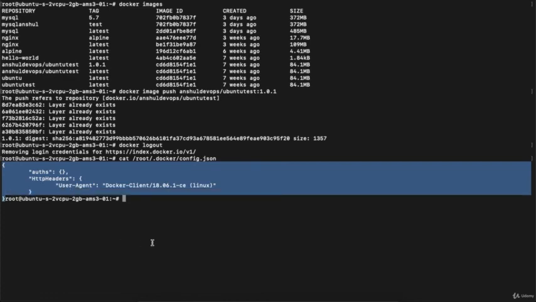So always remember, when you log in to your account from some unknown machine, over unsecured networks, over some other servers, then you must log out of your account to remove your authorization key. Otherwise it will be misused, right? So this is the way we can upload our own images to hub.docker.com with different versions, different names, different tags, and what data is actually being uploaded to hub.docker.com. If data already exists there, then Docker identifies the differences and uploads only the difference, or the delta. So thank you guys, thanks for your time.